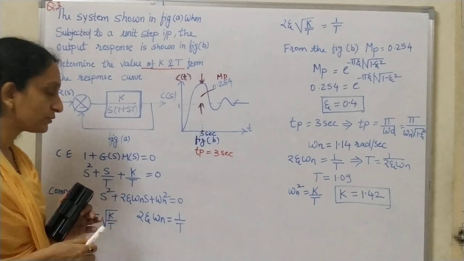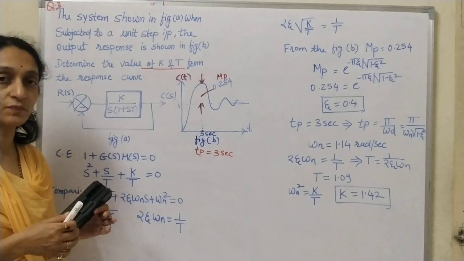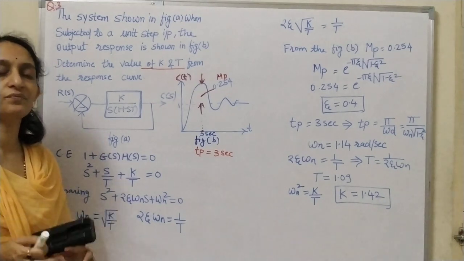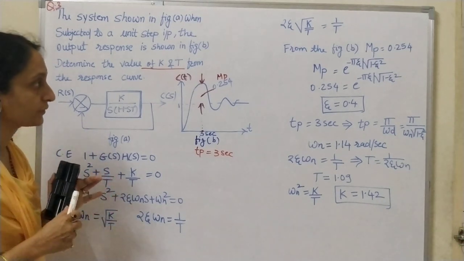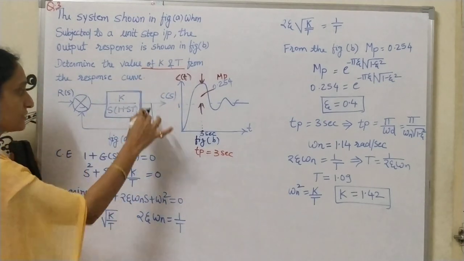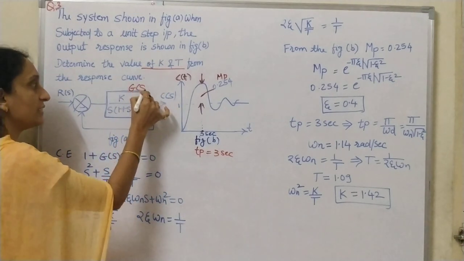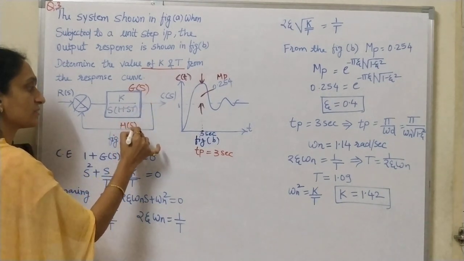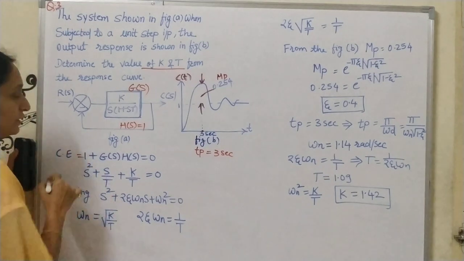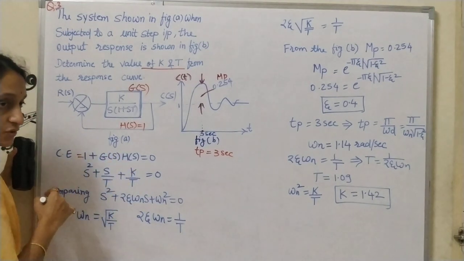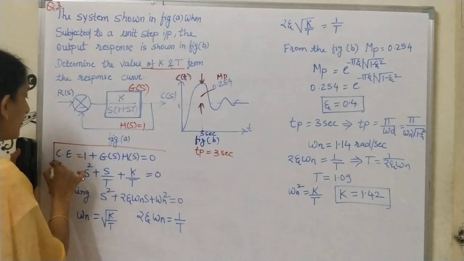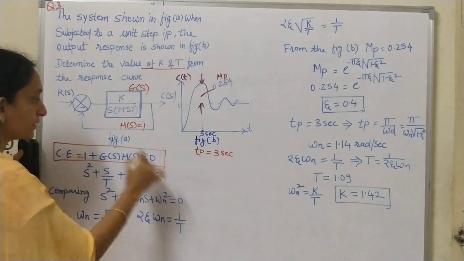What we need to do is compare the characteristic equation of the given system with the standard characteristic equation, so that we can find zeta and omega after comparing. So here two constant terms we need to calculate. Look at this, this is the transfer function. We know that this is G of s and H of s is unity. So first of all we will put this in the characteristic equation. What is the formula of the characteristic equation? The characteristic equation is 1 plus G of s H of s equal to 0.